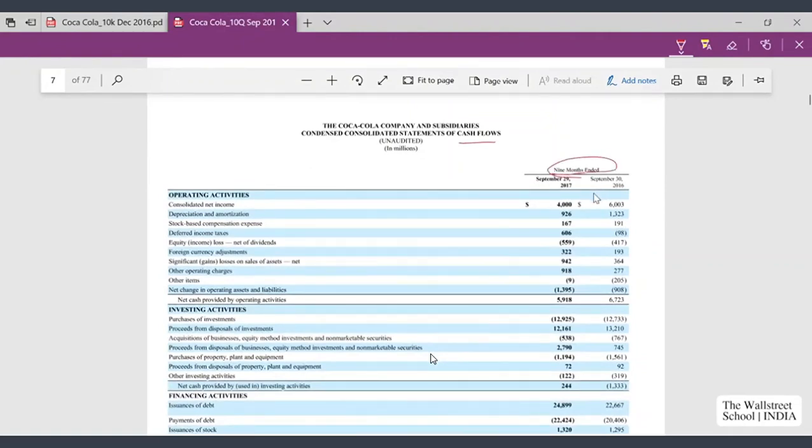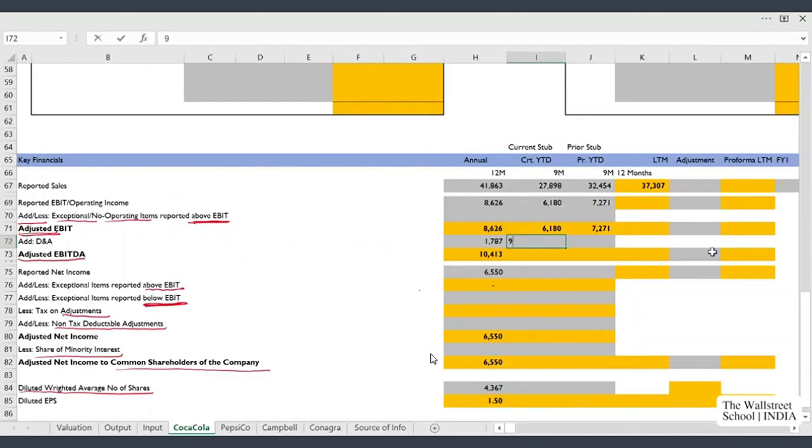My current 9 months depreciation and amortization is 926 and prior is 1323. My EBITDA would be 7106 and 8594.